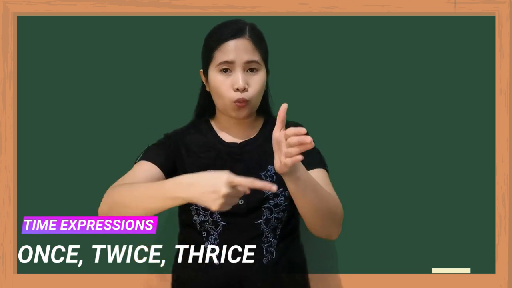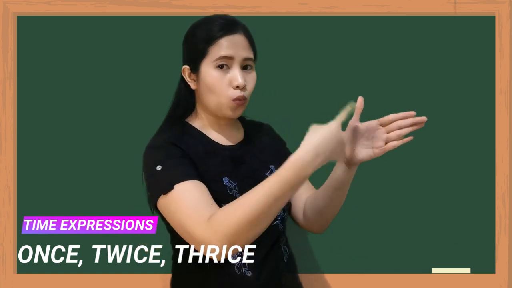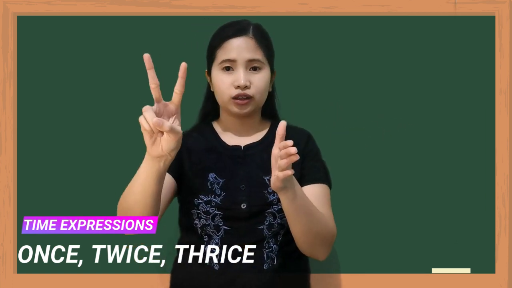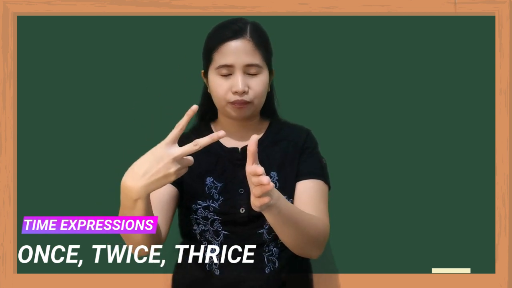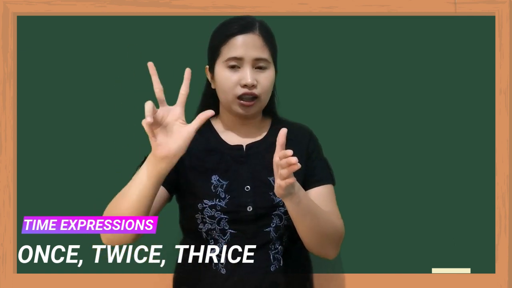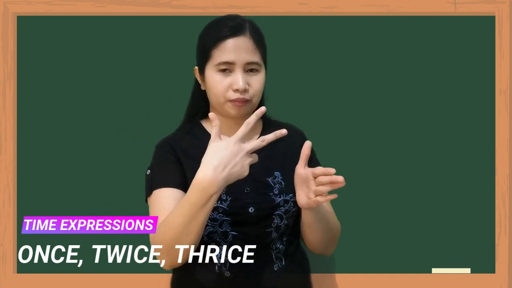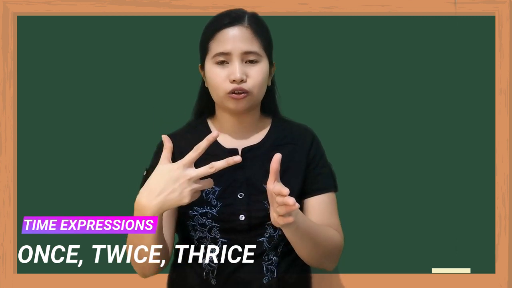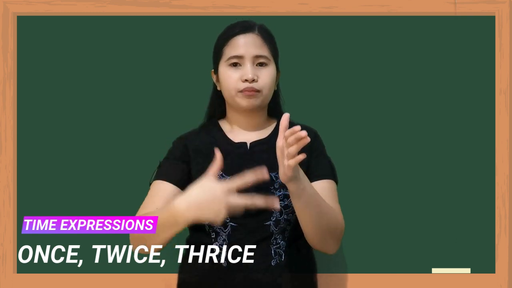So, first is once. Twice. Number 2, twice. Next is thrice. Let's form number 3, then thrice. Let's do this like this. Thrice. Ayan. So, once, twice, thrice. Ayan. So, next word is